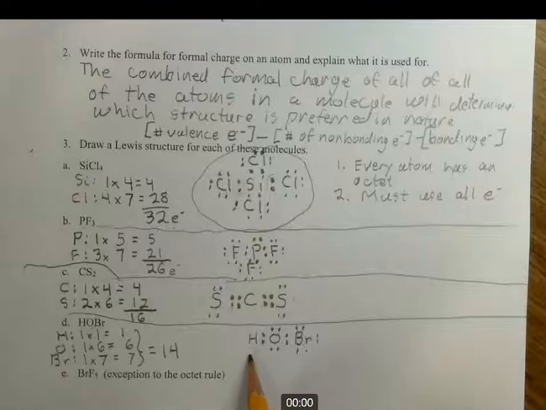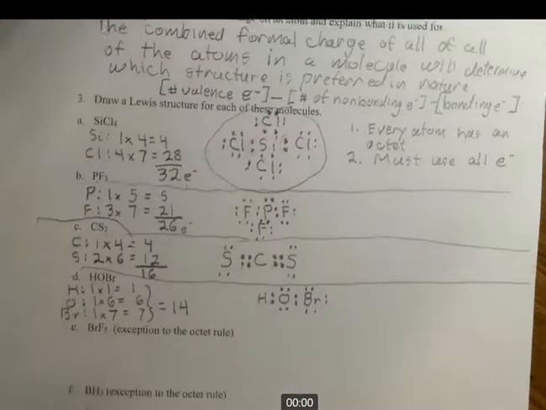And hydrogen has 2, which for it is an octet. So that's our final answer. All right, let's keep going. And now we're going to go to